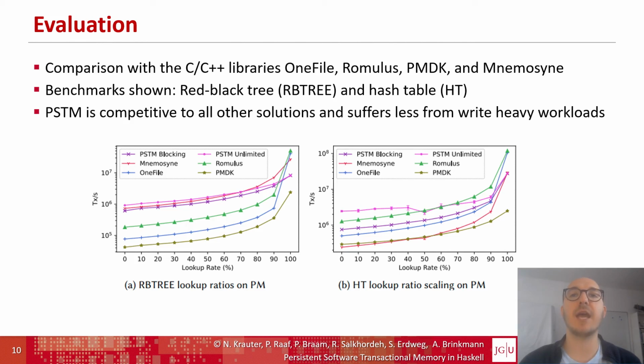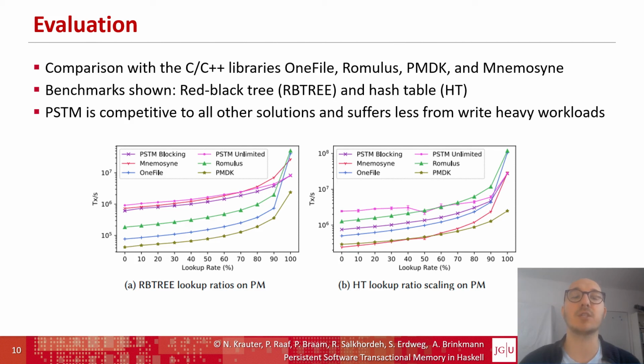So let's first look at the other libraries independent from our solution. We observed that for the analyzed data structures, the top solution is not consistent. For RB tree, the rebalancing introduced by updates of the structures can lead to updates of many variables that introduce many conflicts during transactions. Here, Mnemosyne shows similar performance to our solution as it relies on an STM-like mechanism for concurrency control, while libraries such as OneFile and Romulus have high performance impacts as they do not allow for concurrent